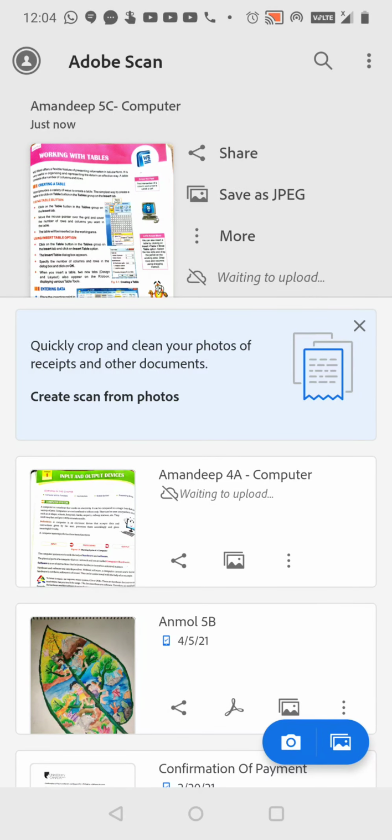You can upload this in your drive. My net is not on right now, so it is not showing this. You can upload it in your drive and use it, or you can keep it on your phone or whatever device, laptop or desktop, that you are using. You can also share it by your email or directly upload it in your Google Drive. Okay.